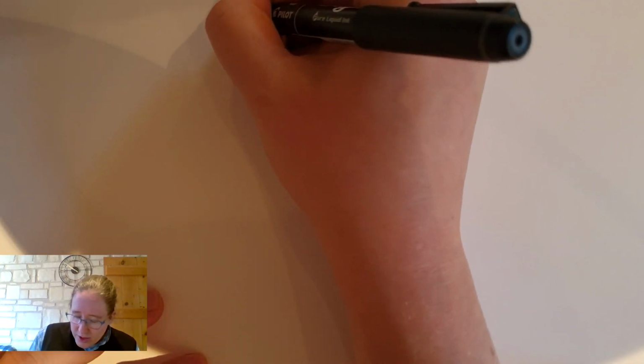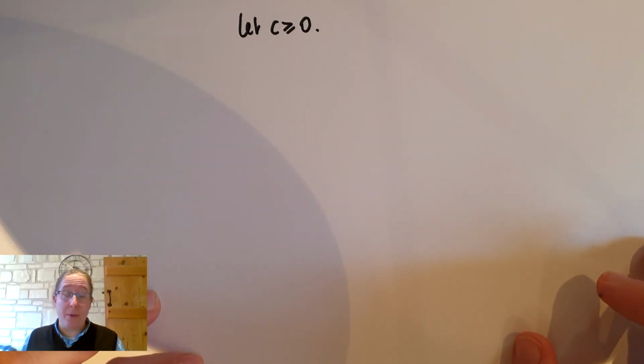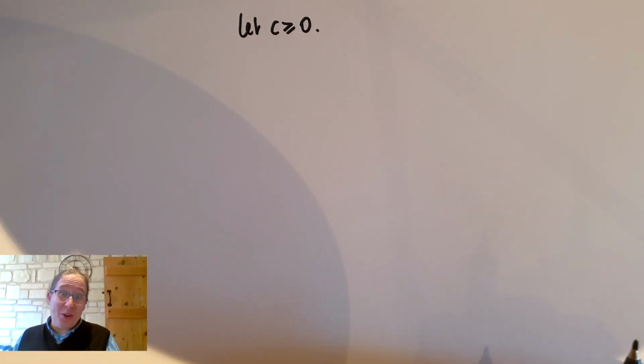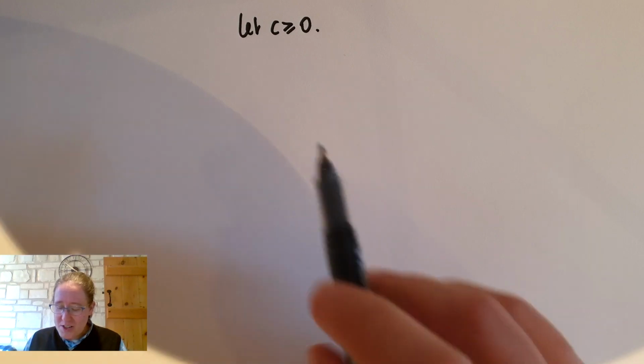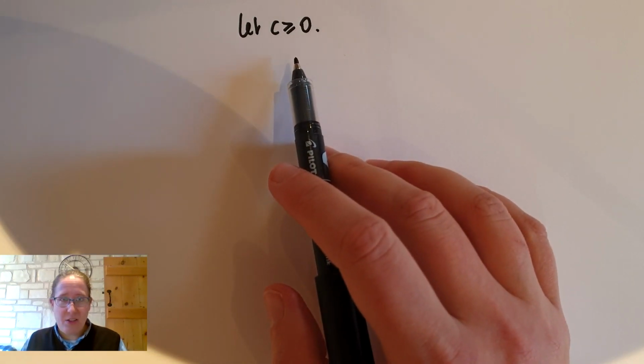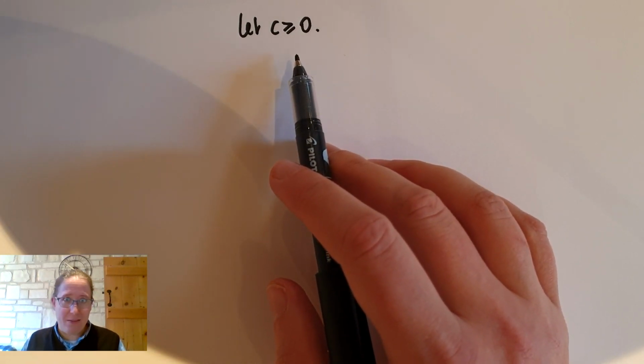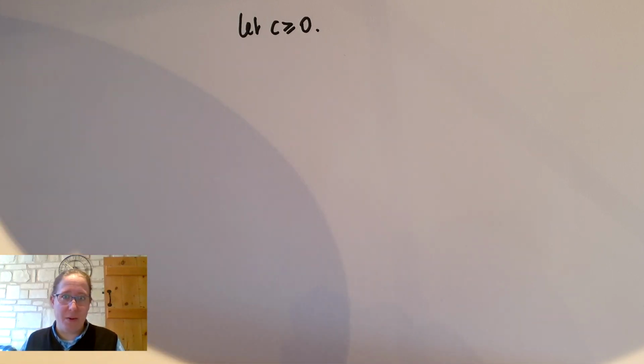Now I'd like to work through another example, and this one's going to be a bit longer and a bit more substantial. So what I'm going to do is let C be a non-negative real number, and the goal of this example is to show that the square root of C exists. You might remember we showed that the square root of 2 exists earlier on using supremum. We're going to do something much more general here to argue that the square root of any non-negative real number exists, using monotone sequences.